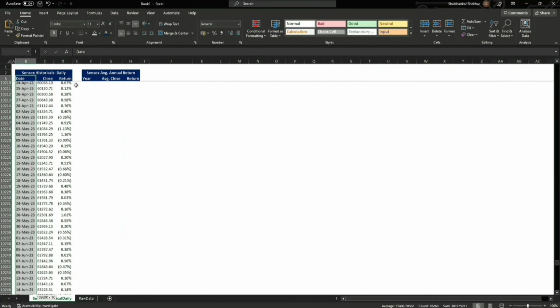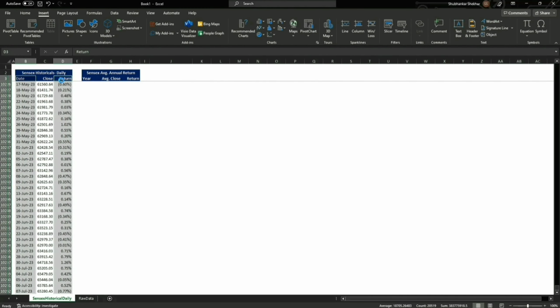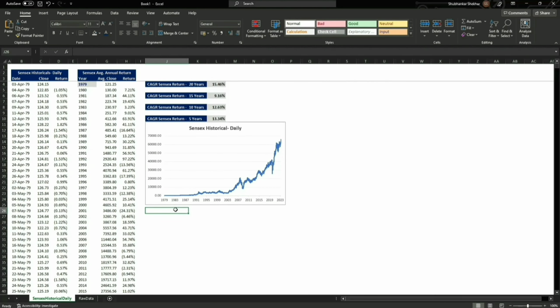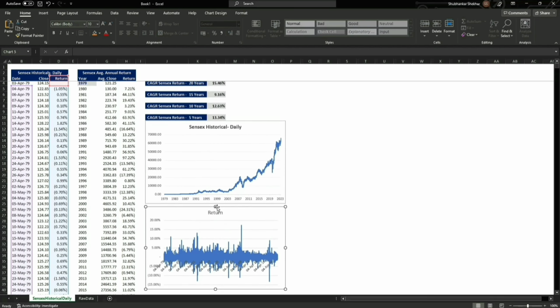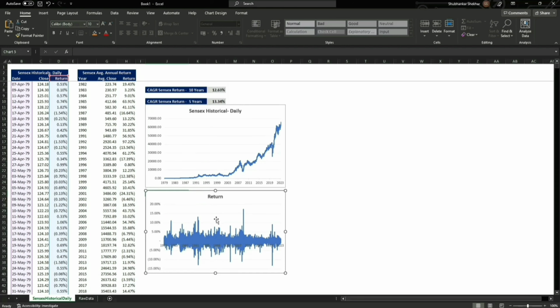The second thing we are going to create the chart for is the daily returns. I'm going to select whatever it is, and we are going to paste it here, and then I'm going to copy the formatting from here, and we are going to remove the year.